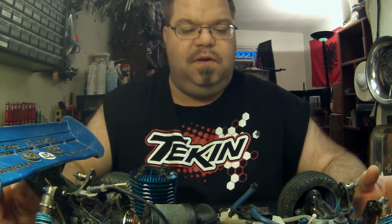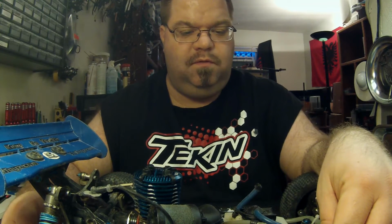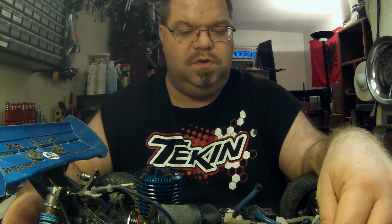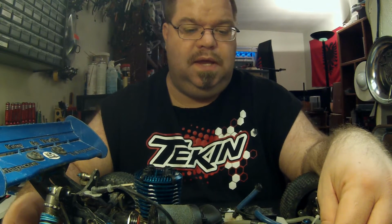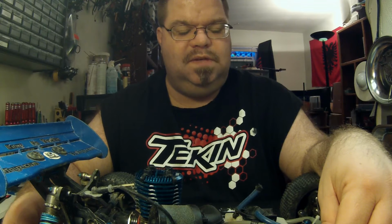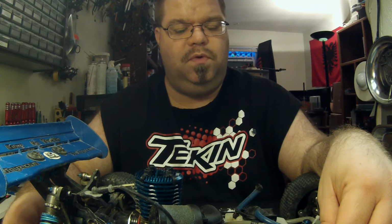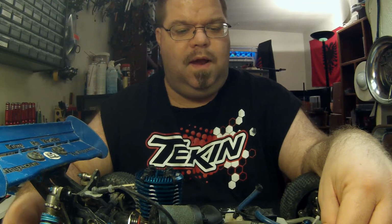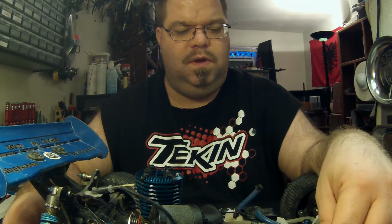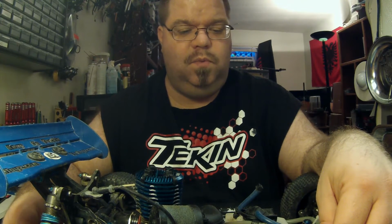Originally, when I finally found a tank that I thought would work, and this tank, by the way, is the fuel tank for the Losi 10T, which also happens to be the same tank that the Losi 810 uses, and it may even be, I saw it listed on one site as being compatible with the Losi 8 2.0. I'm not entirely sure, but I don't think